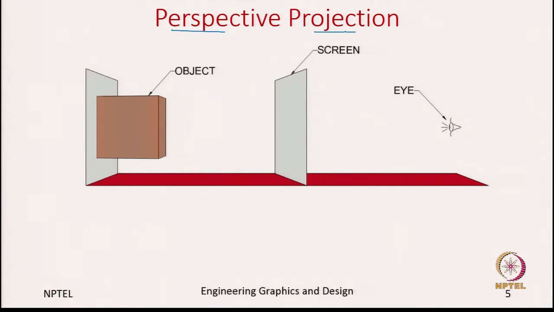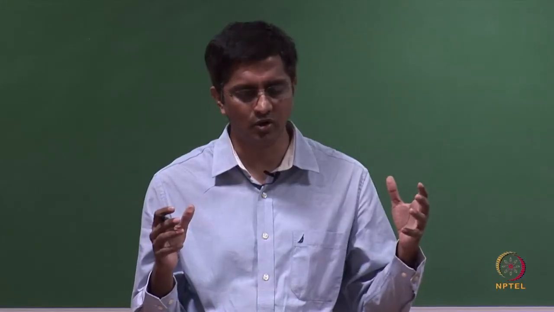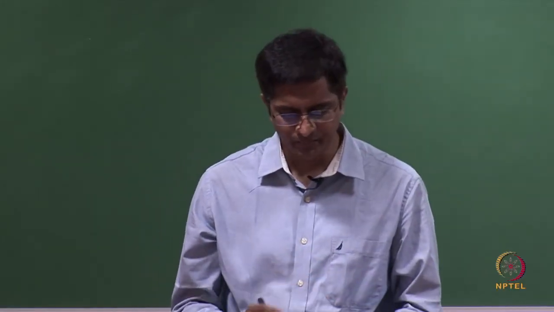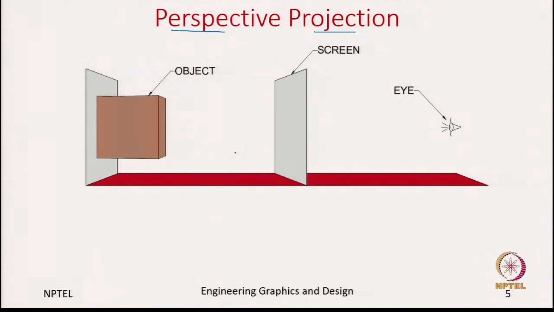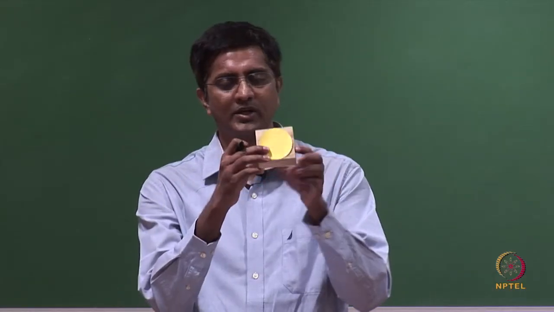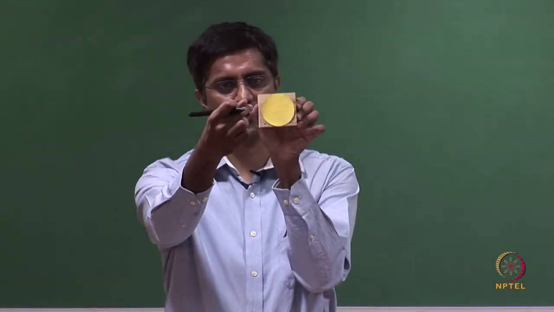So, let us again have the same example where we have an object to the left, we have the observer at the other extreme, and in between we have the projection plane. So, here we are thinking of the observer looking closer to the object. So, the observer is in the proximity of the object and he is looking at it. So, the object is something like this. So, you are looking into the object.